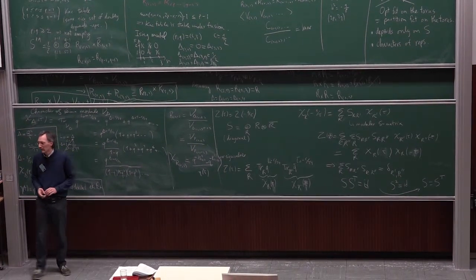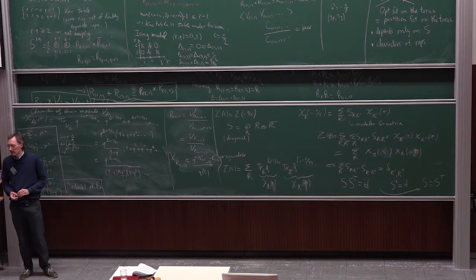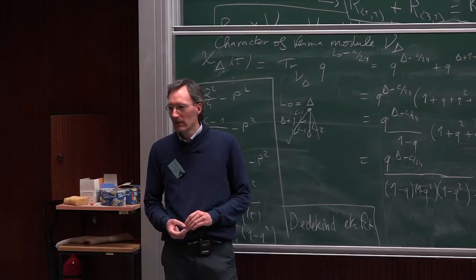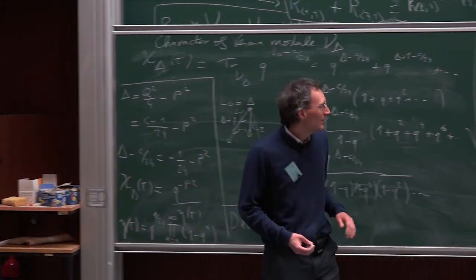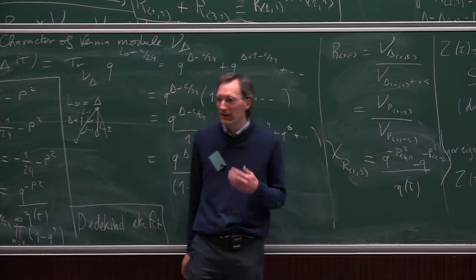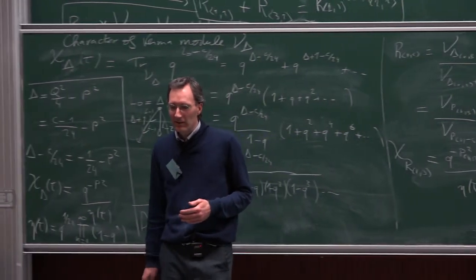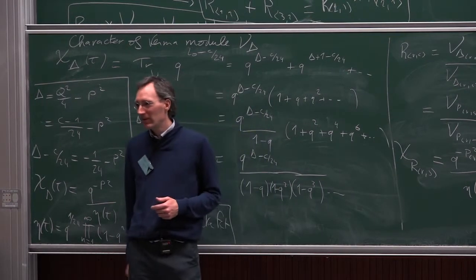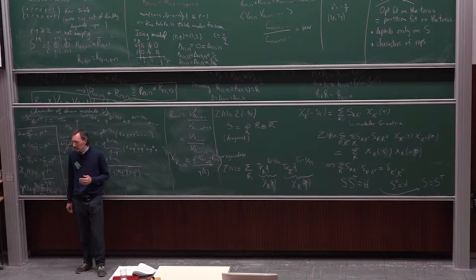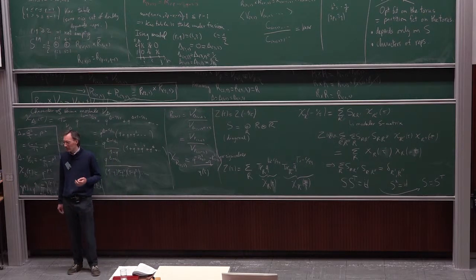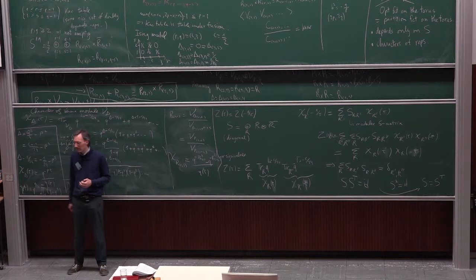So this stronger condition that you got from the modular transformation, that L0 minus L0 bar should be integer, could it be relaxed by introducing in a sense some sort of fermions in the study? Yeah, the question is whether the condition that L0 minus L0 bar is integer could be relaxed. I guess so, but I'm not very familiar with that. I mean, you have fermionic minimal models, but I'm not sure if they are indeed consistent on the torus or not. But they were studied by Petkova a long time ago.